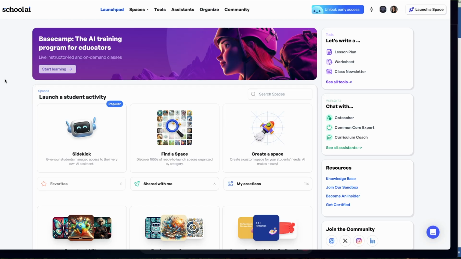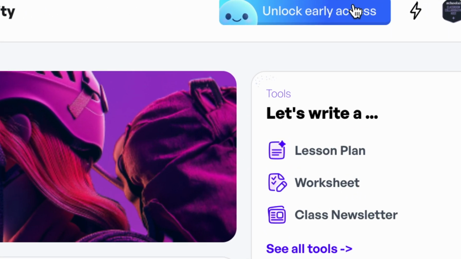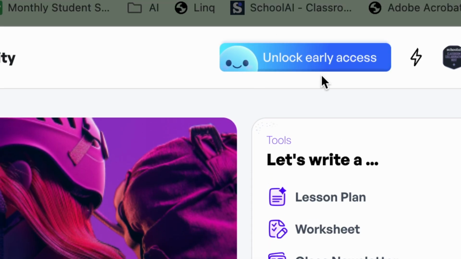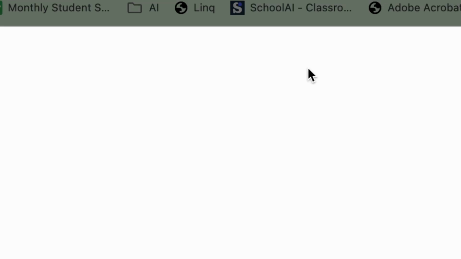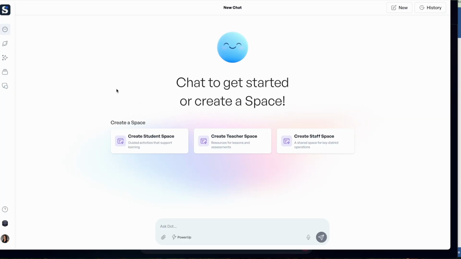When you first log into SchoolAI, if it looks like this, you are working in the 1.0, the original, the old version of SchoolAI. To access the new version, the new look, 2.0, you would click here at the top where it says Unlock Early Access. And then you come here to the new homepage, which they call My Space, where you have Dot, which is